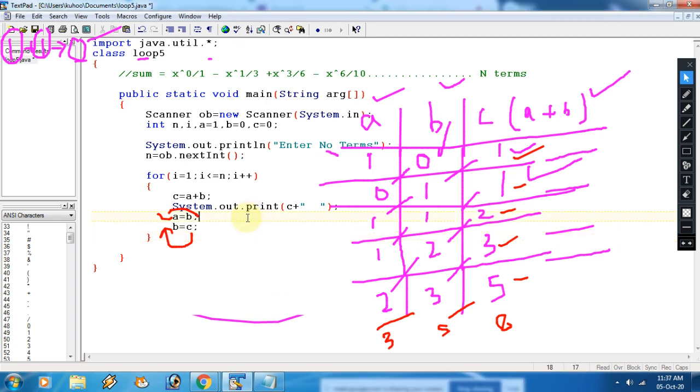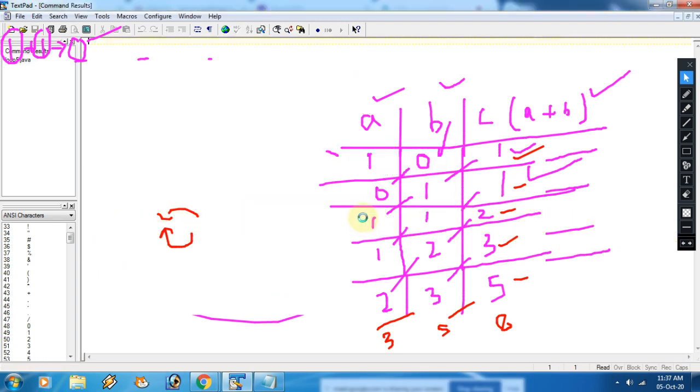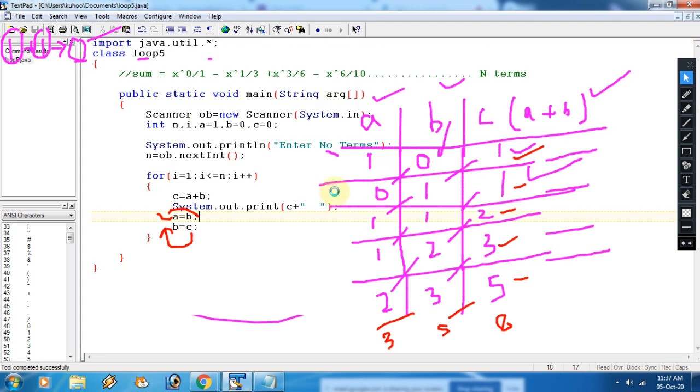Now let me show you the output, then only you will understand in a better way. This table is very, very important. And now one more thing, the starting point, like here in the question I have given 1 and the series can start from 5 also, it can start with 100 also, but the logic would be the same. Is that clear everybody? Only the starting point, like 1 and 0, would be different, that depends on the question.